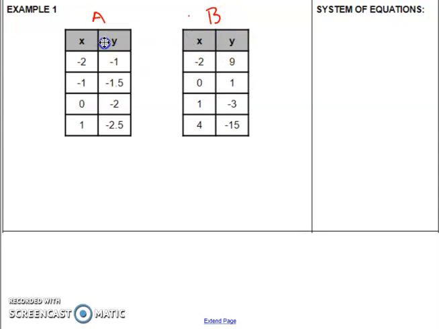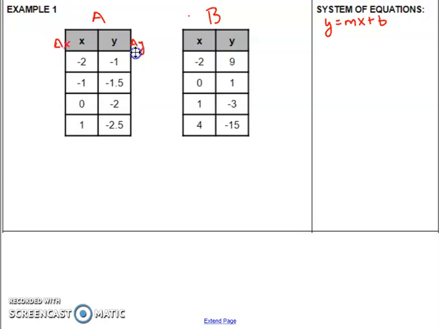Now there's two things. I need to find my slope, the rate of change. Those are the same. And I need to find my y-intercept so I can write in slope-intercept form, because that's what we're trying to do right now. Y equals mx plus b, y equals slope times x plus our y-intercept. All right, so we're going to start off by finding